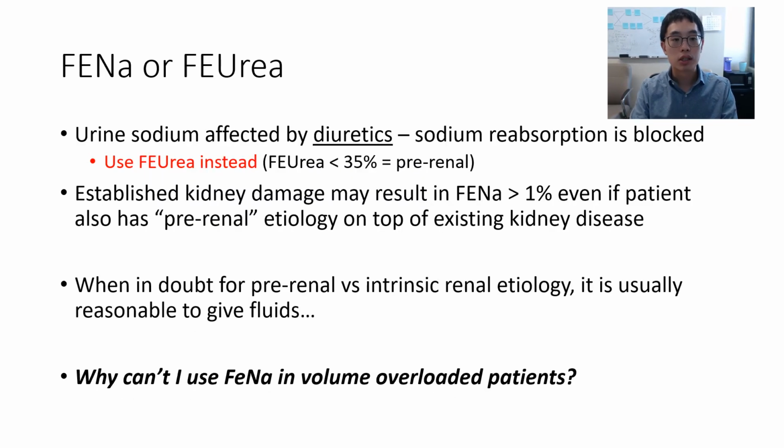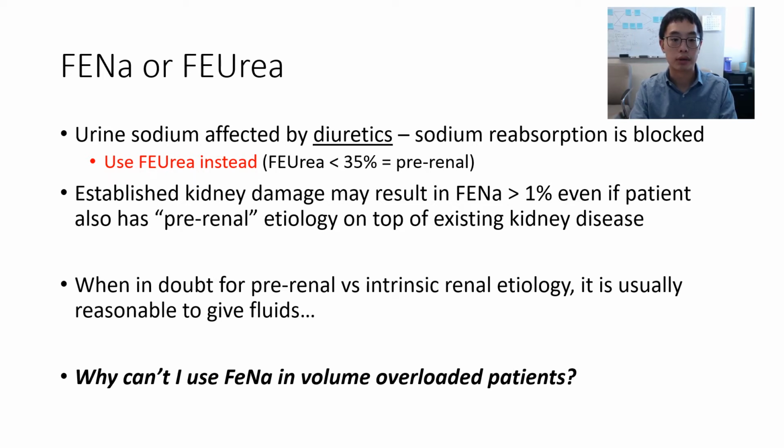Now, of course, there are some issues with using this calculation, especially when patients are on diuretics. Now, when patients are on diuretics, the urine sodium is affected because the diuretics block the sodium reabsorption. In this situation, you could potentially substitute sodium for urea in the exact same equation that I showed you. But the cutoff is different. So instead of using 1%, we use 35% for our FeUrea, fractional excretion of urea, as being pre-renal etiology